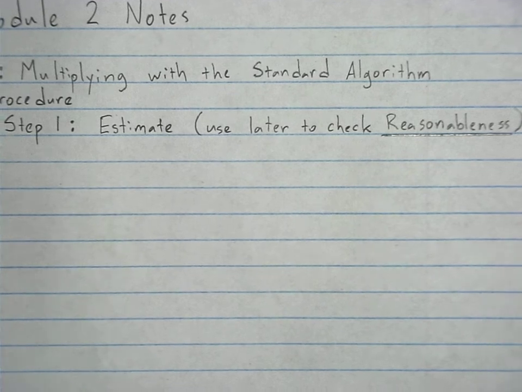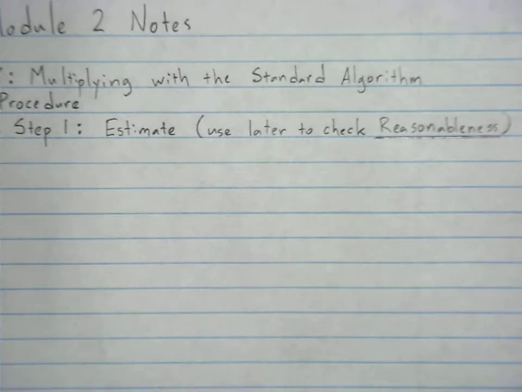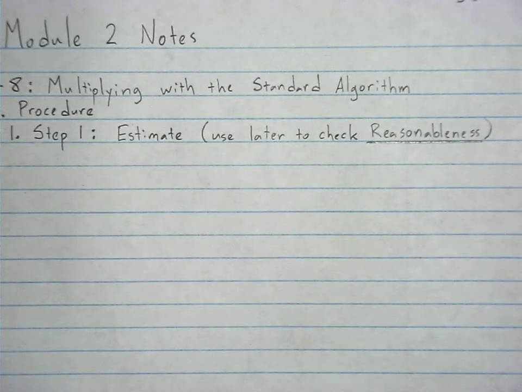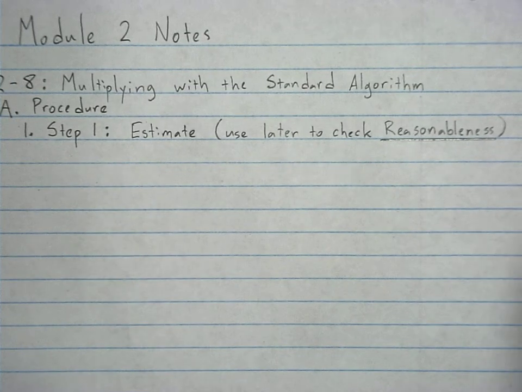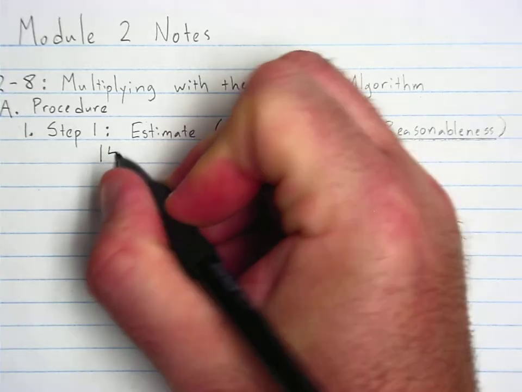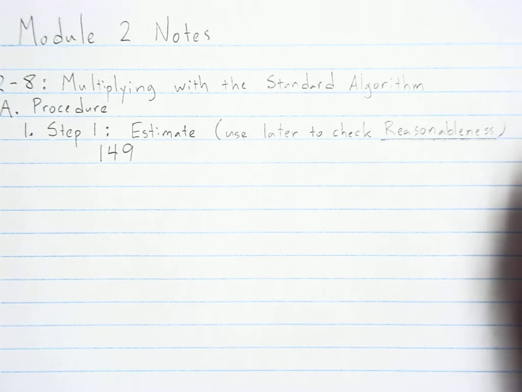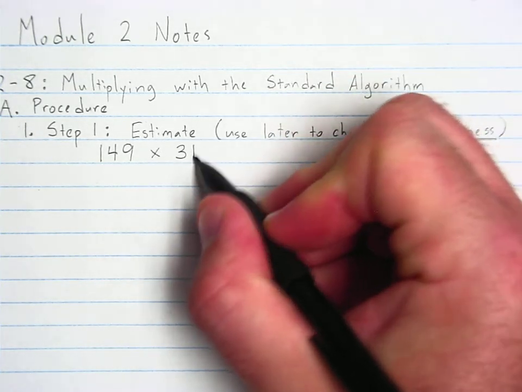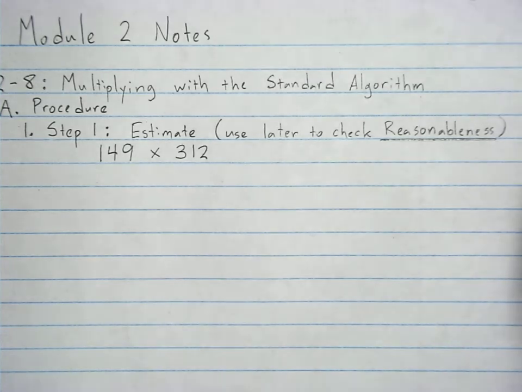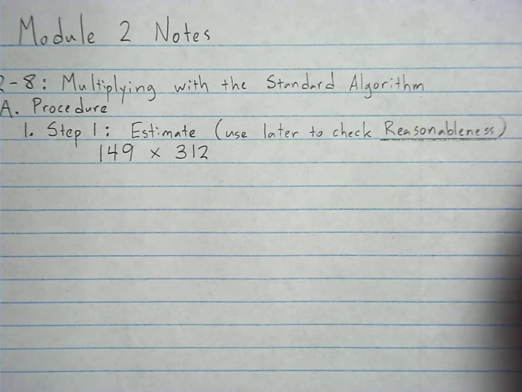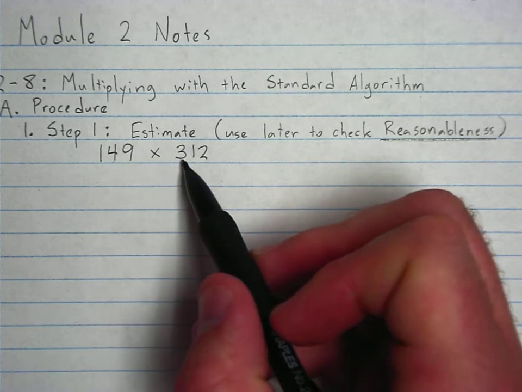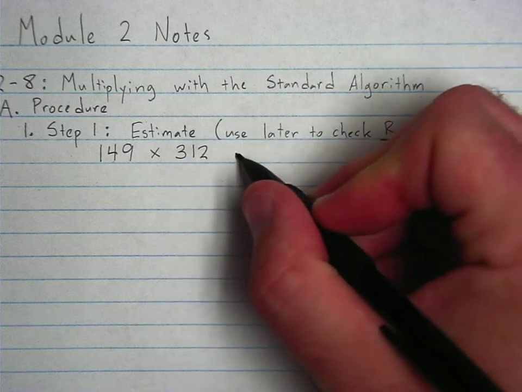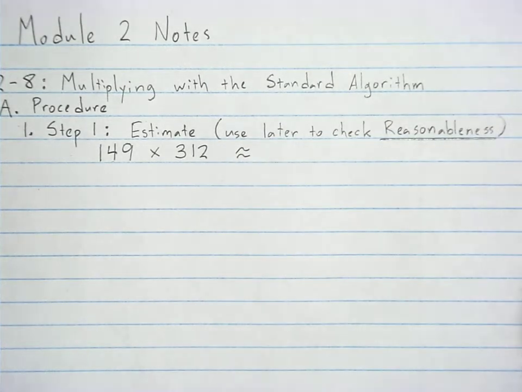Now, step 1, as always, we zoom in, we zoom out. Let's say I give you a problem that looks like this. 149 times 312. 149 times 312. Going back to what we've talked about with our rounding,